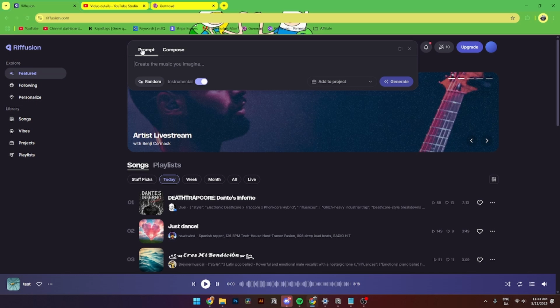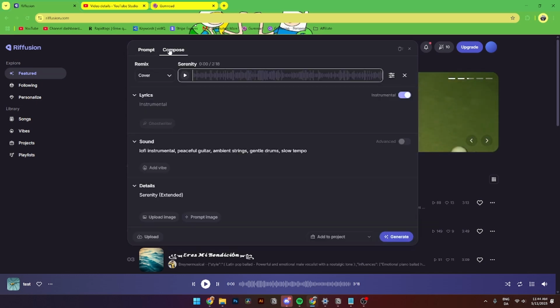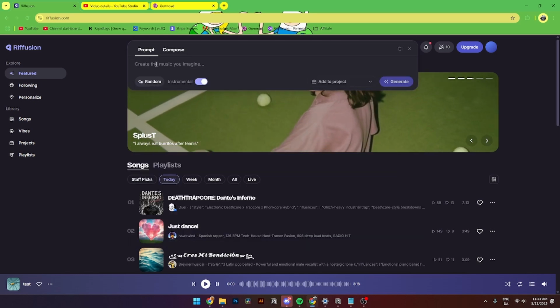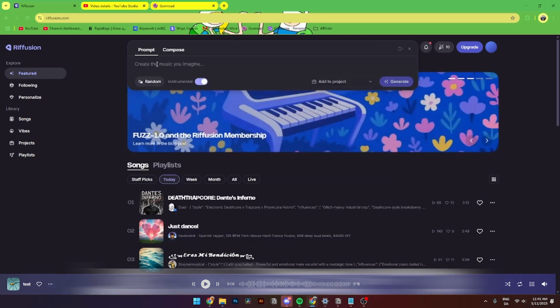Here you can see you can either select prompts or compose, but for this tutorial I'm gonna choose prompt right here. Then you're gonna create your prompts,